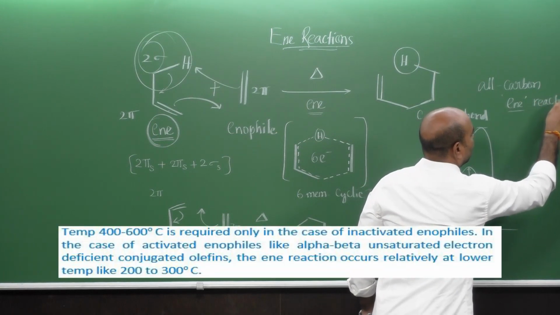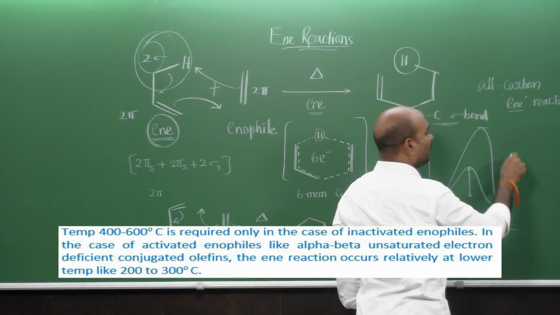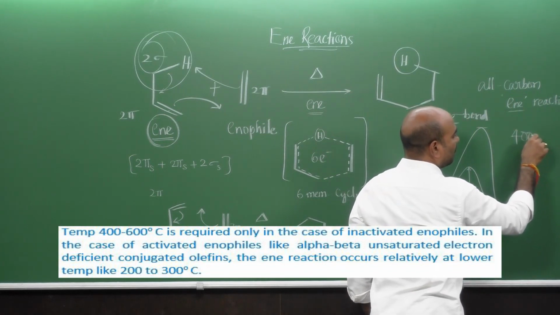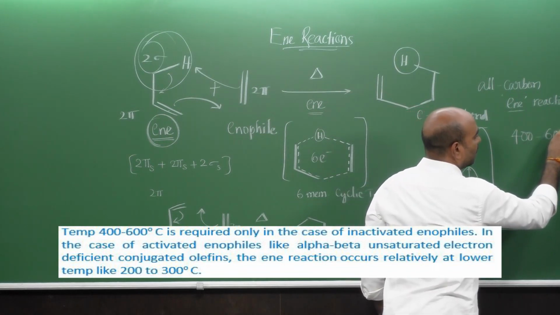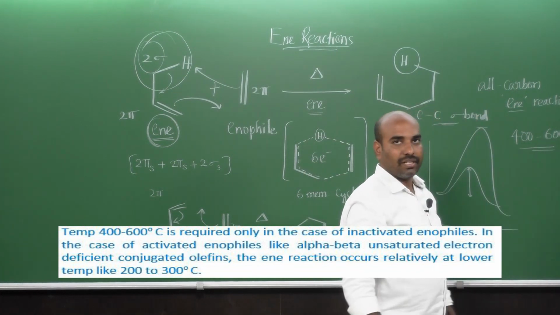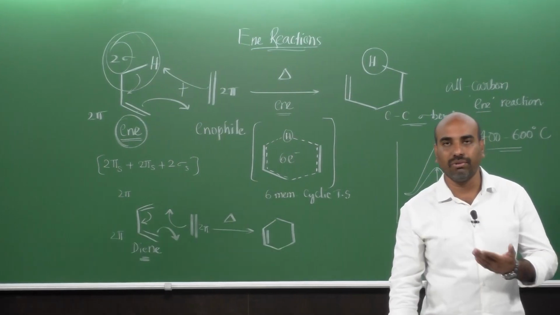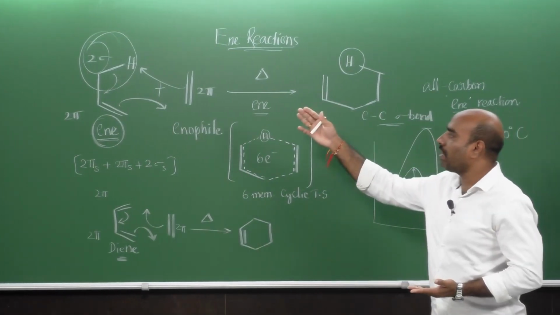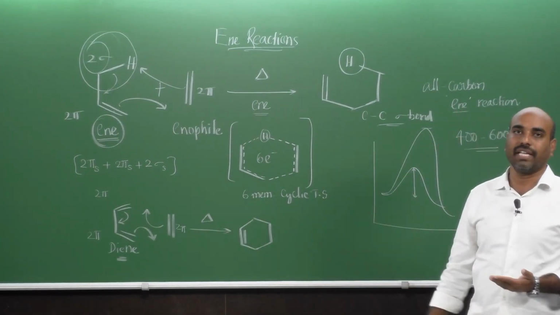In such cases the temperature required for that reaction would fall around 400 to 600 degrees centigrade. See how high a temperature you need to provide because of the involvement of the sigma bond in the case of ene